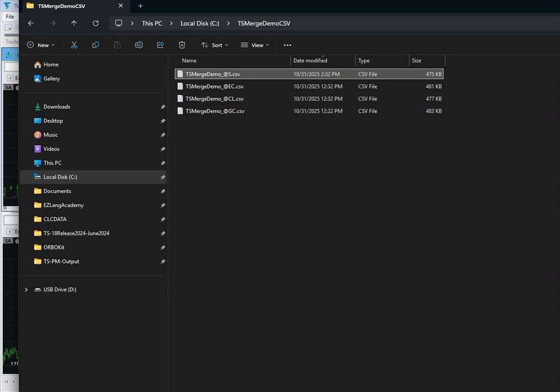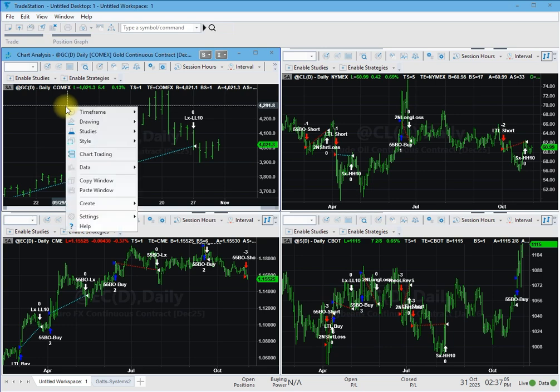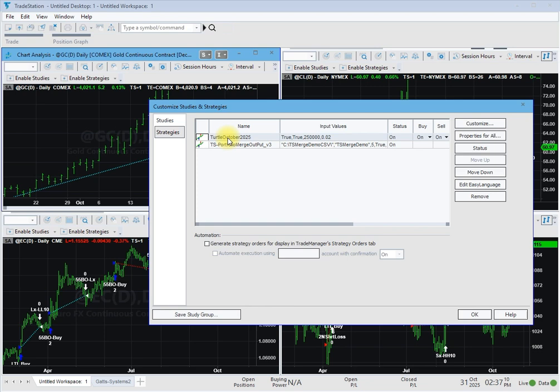Let's go back to TradeStation. And what I like to do to make things quicker, like I said, the way TradeStation is chart centric, you really can't do a lot of batch processing with it, but we can get relatively close to it. And what I do is once I create the combination of the target strategy and my companion strategy that outputs the data,